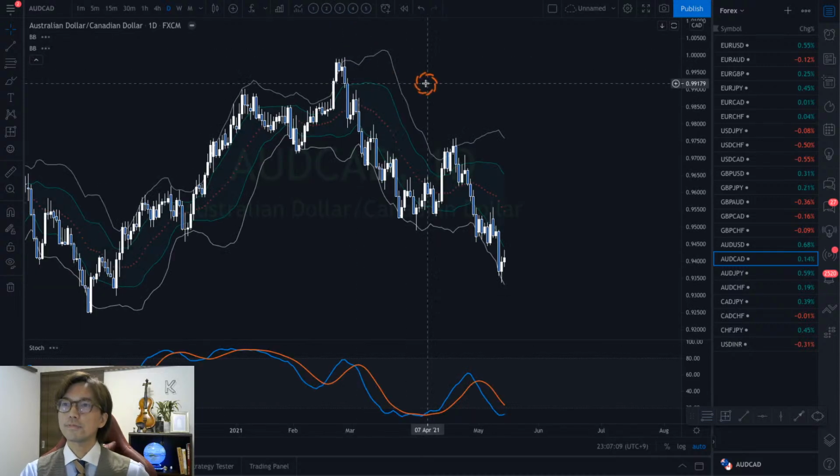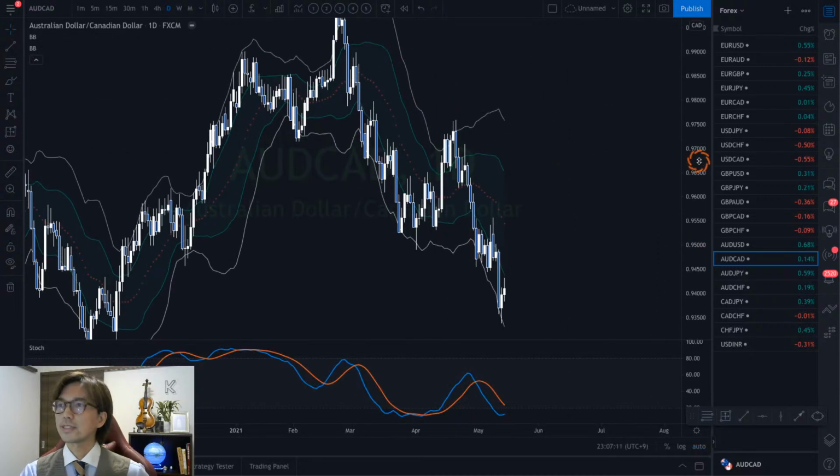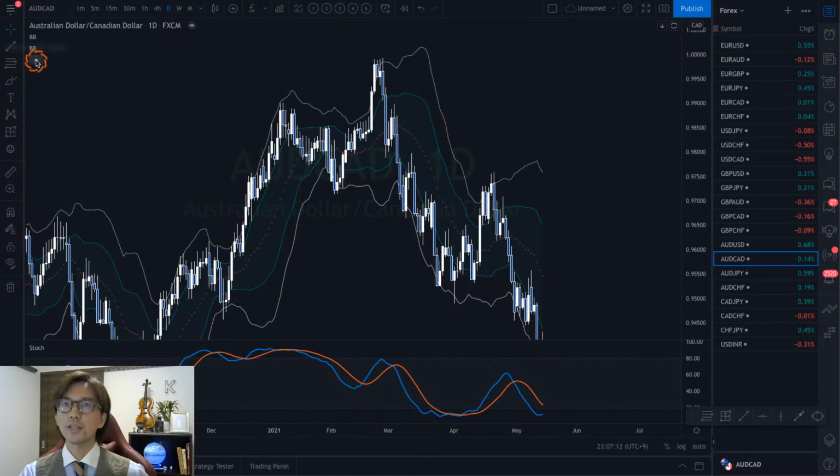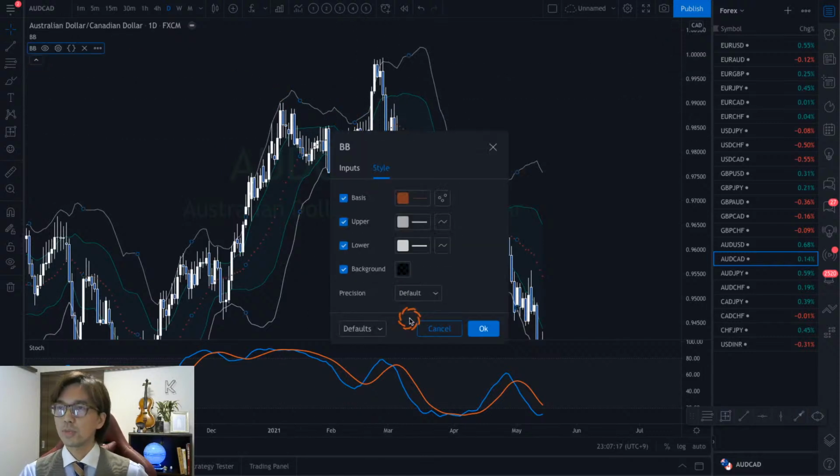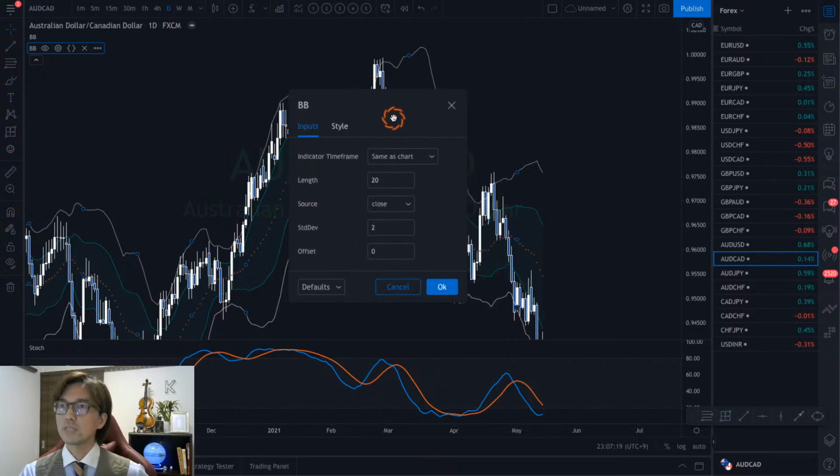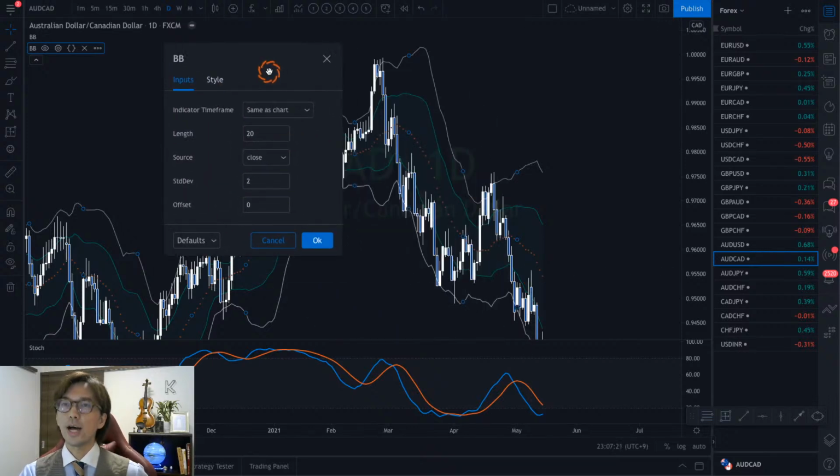So here is my Bollinger Bands. I put the deviation 1, 2, and period to be 20. So this is my input. So I have double bands, but the length 20 is the same. And this means the 20 SMA I use for the Bollinger Bands, and I use one of the bands as